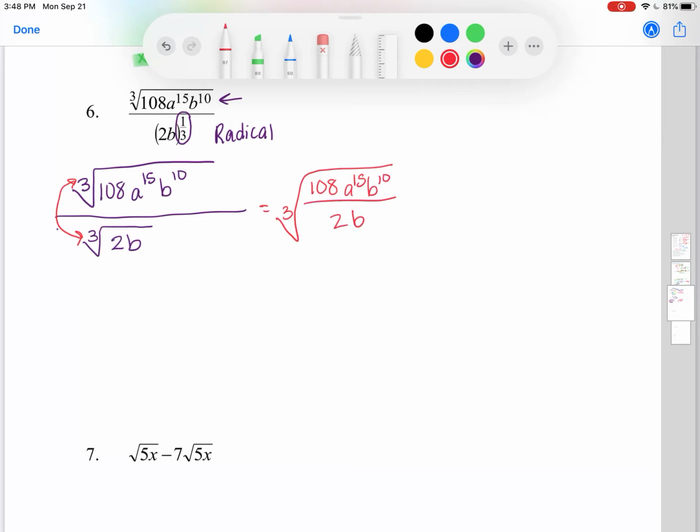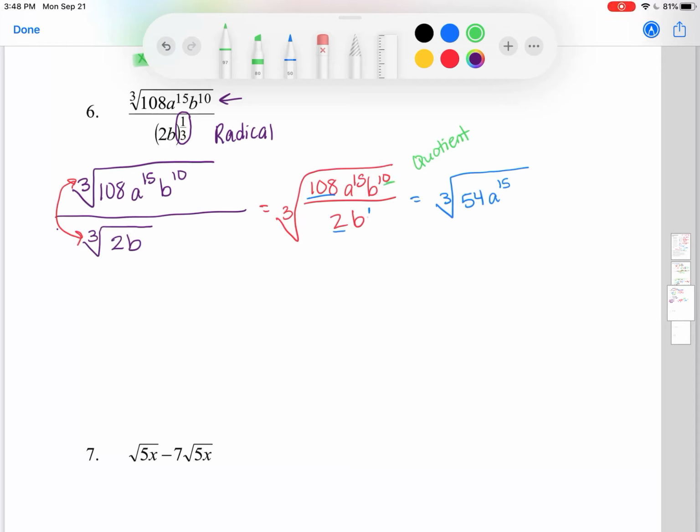And I'm doing this for a reason. Because when I have it all as one entire fraction now inside that cube root, I can simplify this fraction to make it look a lot nicer. So when I do that, I still have a cube root, but when I simplify the denominator and the numerator, 108 divided by 2 is going to give me 54. I still have an a to the 15th, but when I get to my b, I have b to the 10th divided by b to the 9th, so I am going to use the quotient